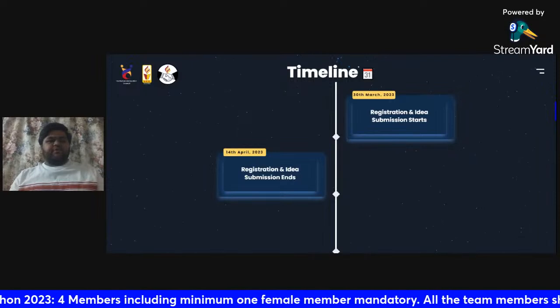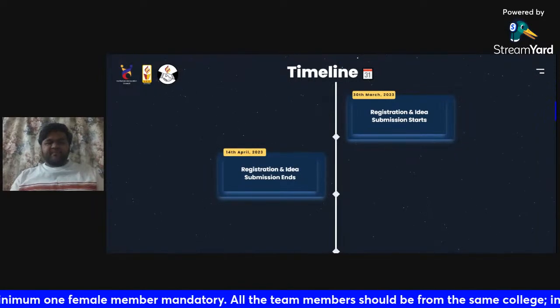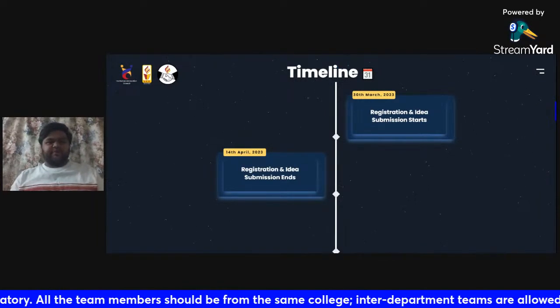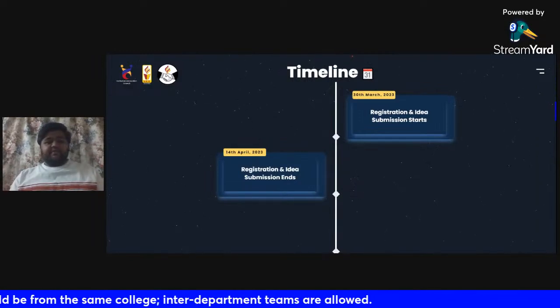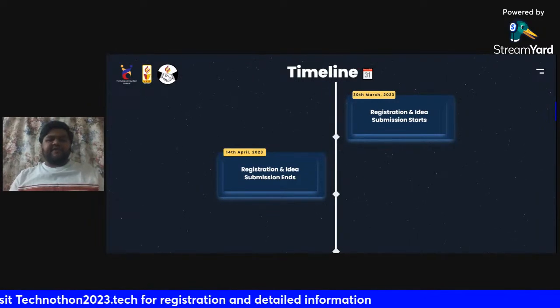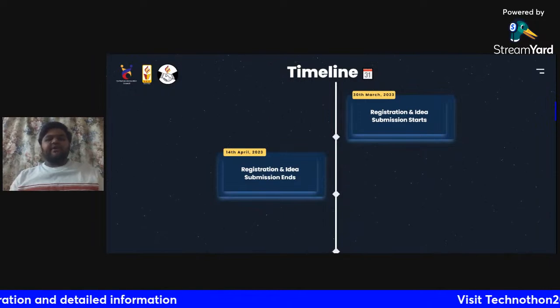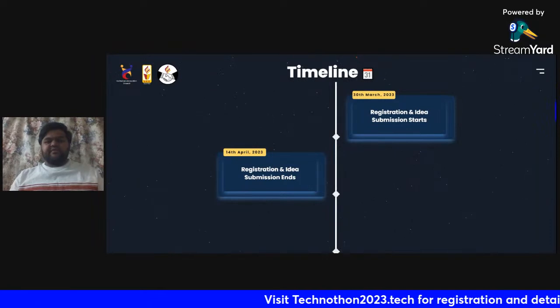So all the Polytechnic students who are interested in getting started in the world of hackathons, I think this can be the right opportunity for you guys. This can be a right opportunity for you guys to build a base in the world of hackathons. Get started with this, gain confidence, and you can definitely go up to national and international level hackathons as well.